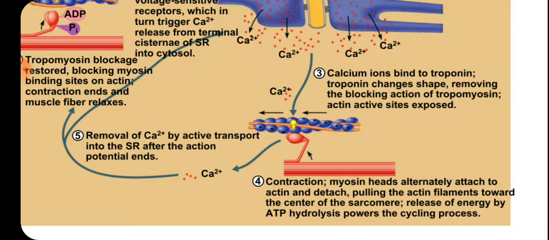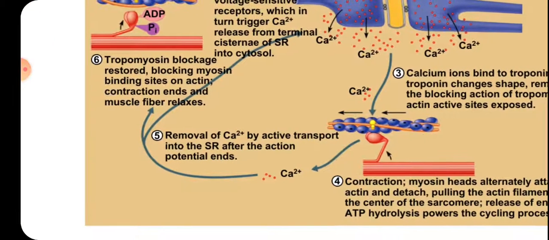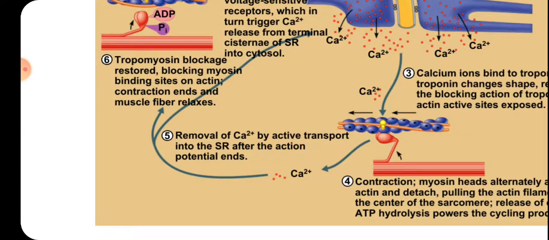Release of energy by ATP hydrolysis powers the cycling process. Here, calcium ions are released from the actin filament